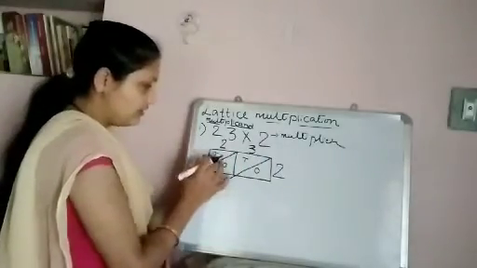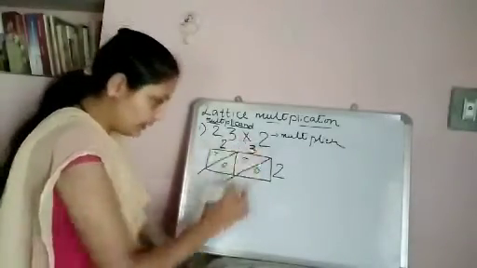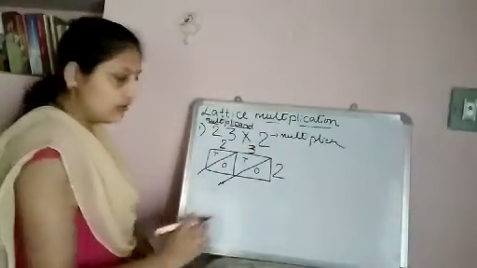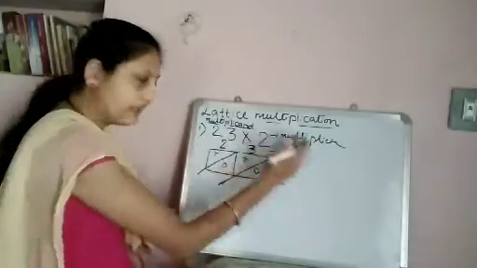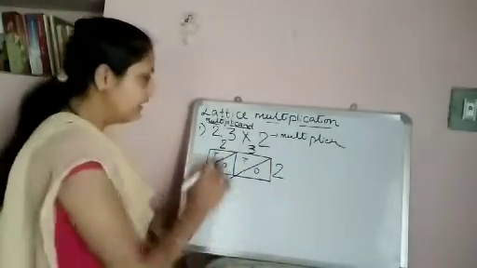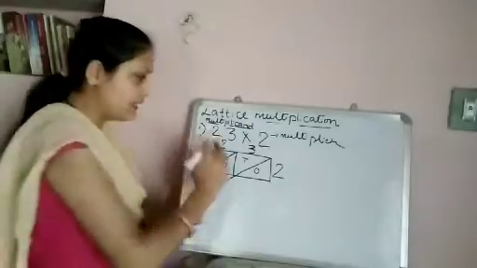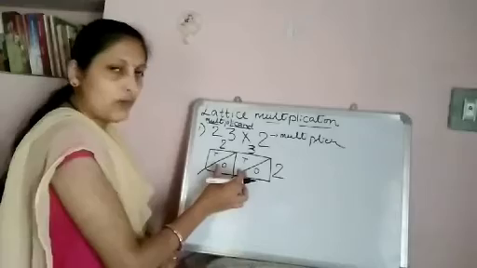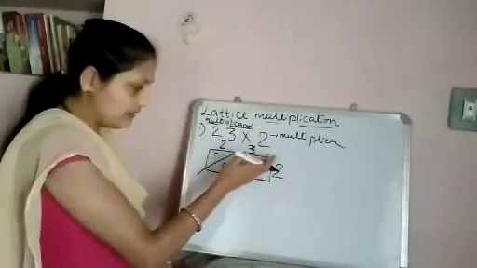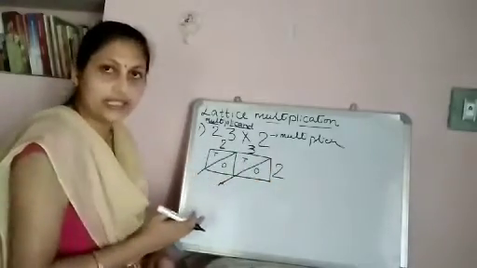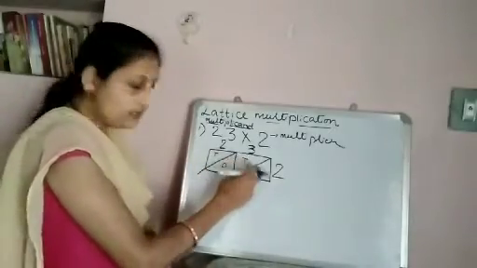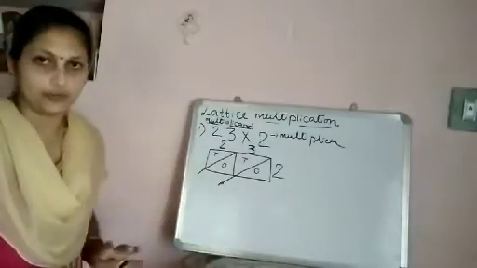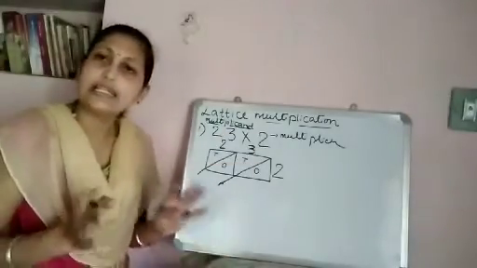So first, two digits are there here, so you will take two columns. Here there is only one digit, so you will take only one row. The 2 multiplier will be written in front of the row, and 23, that is the multiplicand, will be written above the columns. Then in both boxes you will draw a diagonal joining the two corners. The upper one is the tens part and the lower one is the ones part. The same is followed for each box. So this is the structure of a lattice.